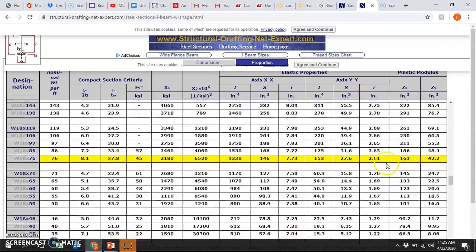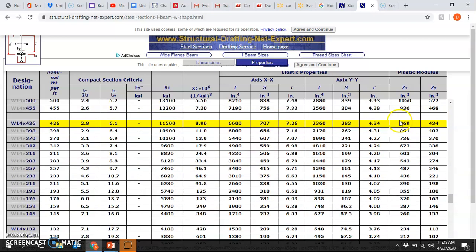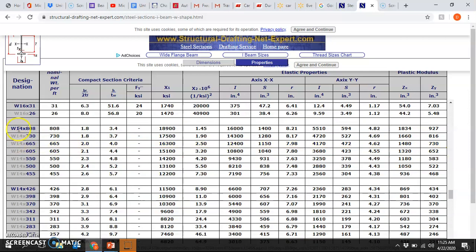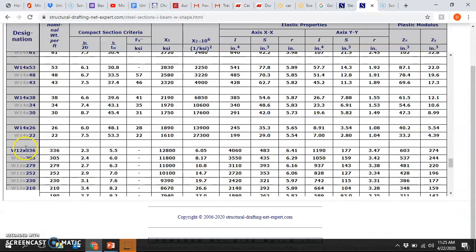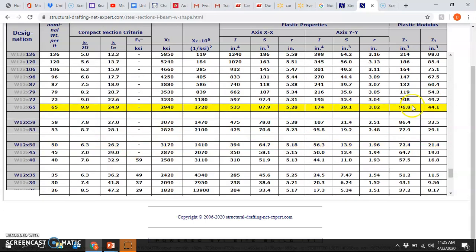It was 17.7. And the way they're done is a little bit weird. They group it by section. So all the W14s, and then it goes from the heaviest W14 to the lightest W14. And then the W12s, the heaviest W12 to the lightest W12. All right, so we were at